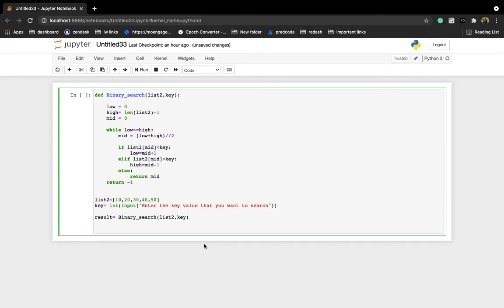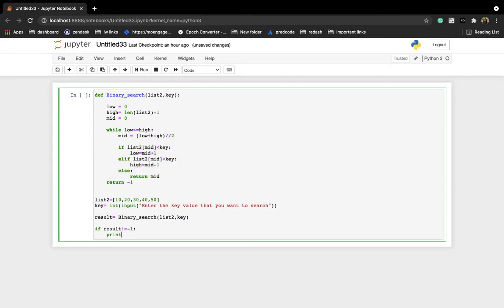Okay, let me write one more if else condition. If result is not equal to minus 1, right? If it's not equal to minus 1, so something came from this portion, right? So I am writing here print, if it's not equal to minus 1, let me print key has found at index position, and here I'm writing result.